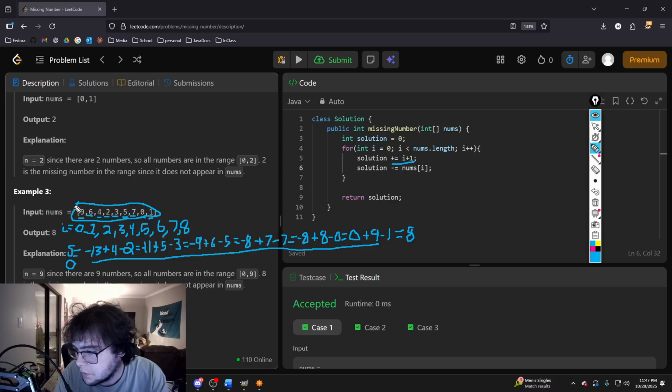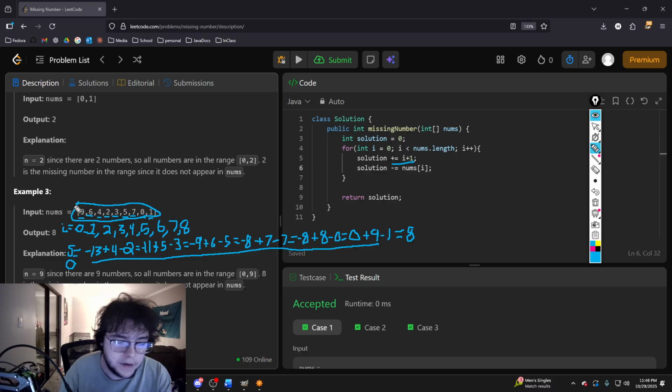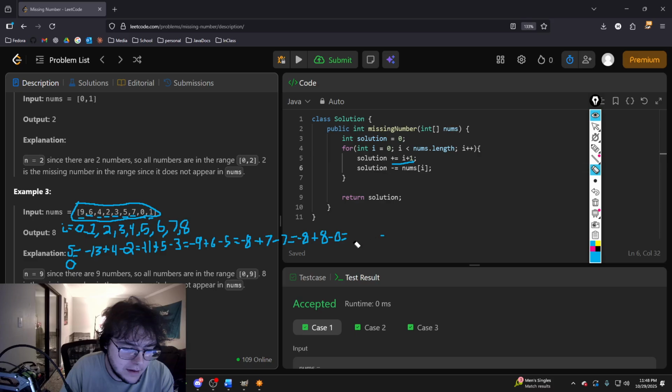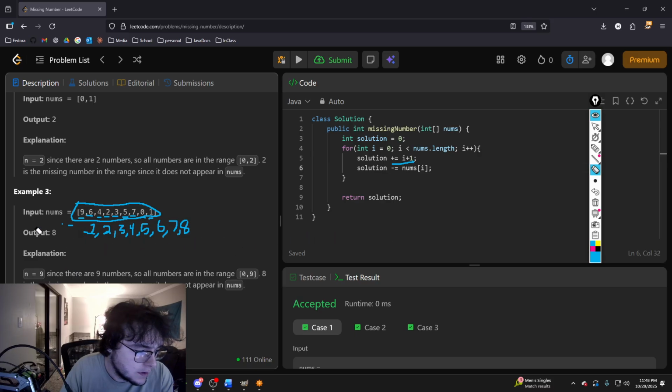It's just a simple, they cancel each other out. You can imagine that. So if you add 0, 1, 2, 3, 4, 5, 6, 7, 8, 9, and you subtract every value except 1, then the only value left would be that 1. Again, that's our 8. So I think I overcomplicated this solution more than enough, but